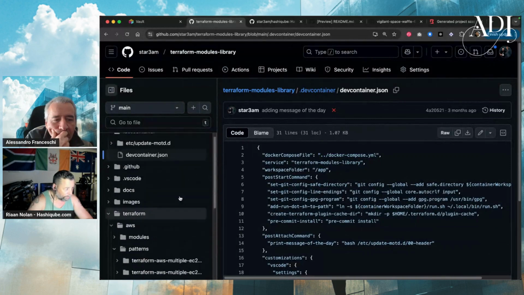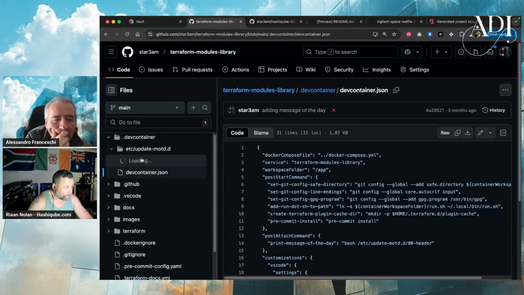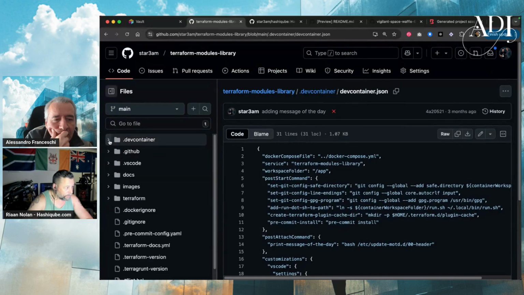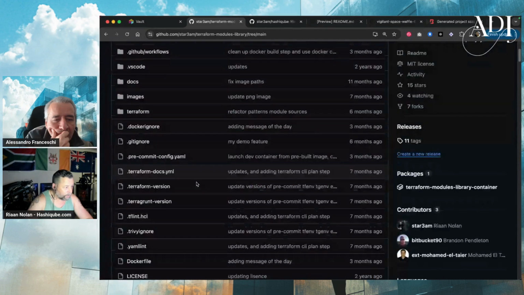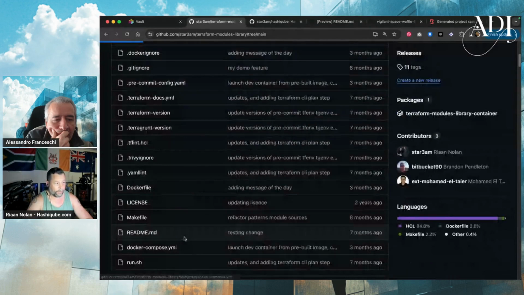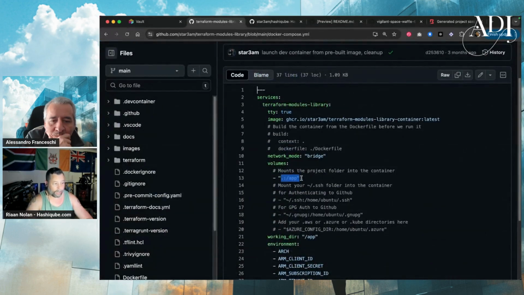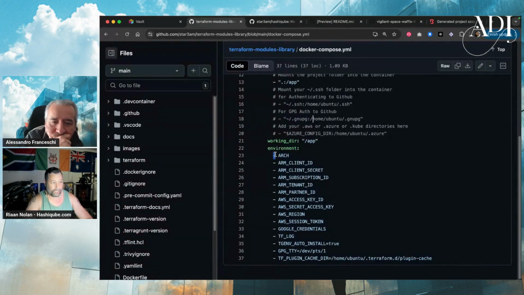if I quickly look for the Docker compose, let me just quickly find it. If I just go here, so it would point to a Docker compose file, right? And here you can see that we just mount the app, but here we say if you want your SSH or GPG keys, and here we have our environment variables, which will be available inside of this devcontainer. So you can authenticate here on your laptop, and when you start this container, transparently, the credentials will be available